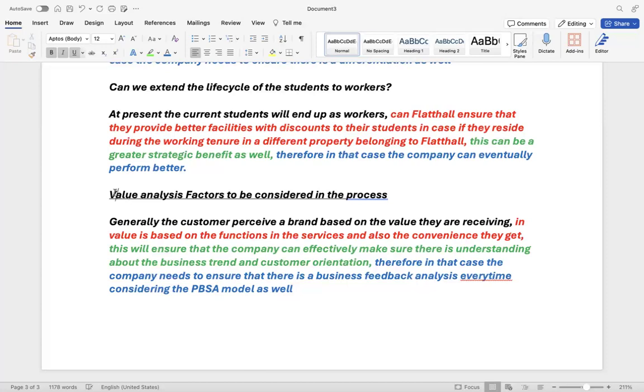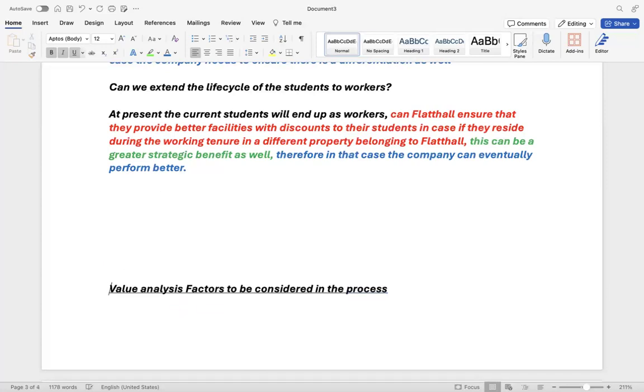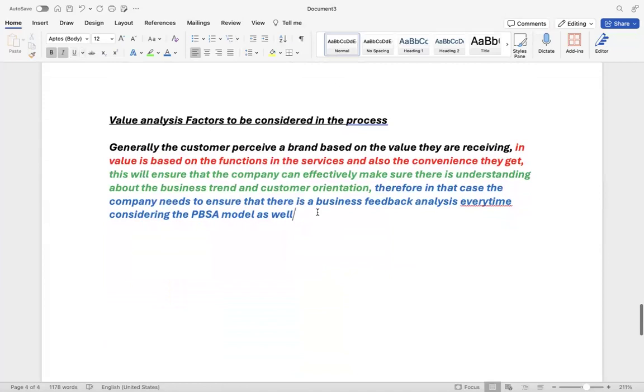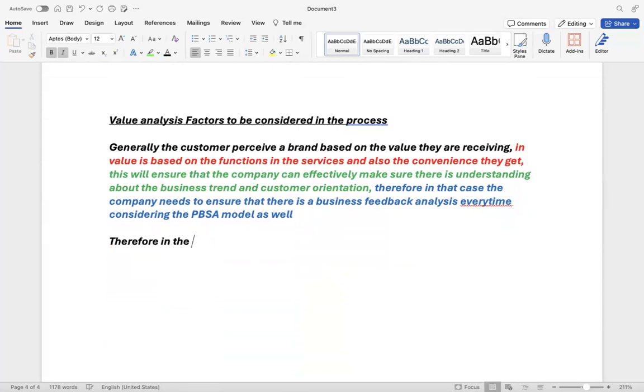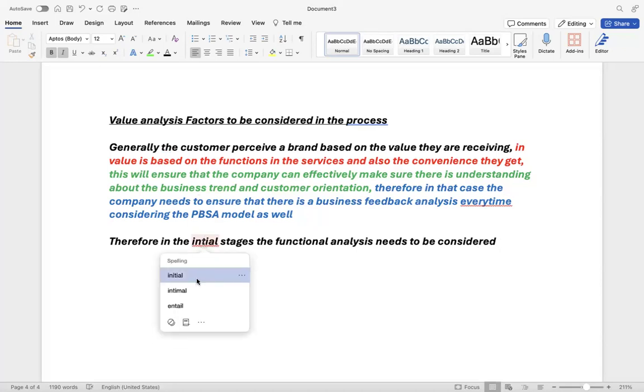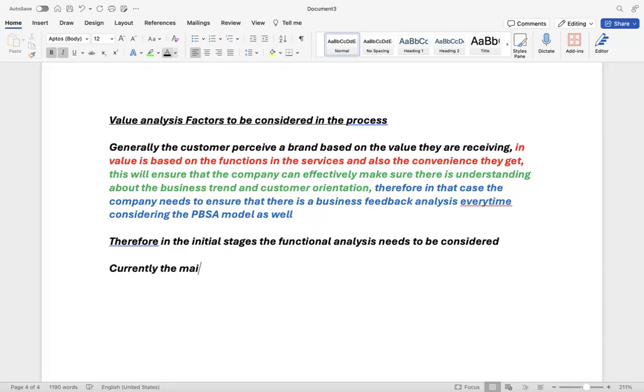Okay. Now students, this is very clear now, the value analysis. So I'll write down here step by step. Therefore, in the initial stages, the functional analysis needs to be considered. Now I'll write down here. Currently, the main function for